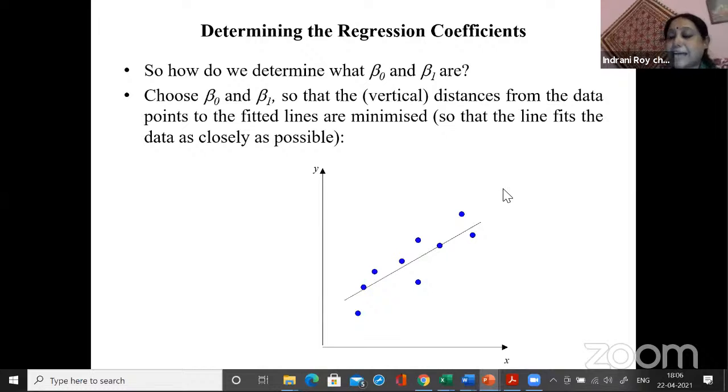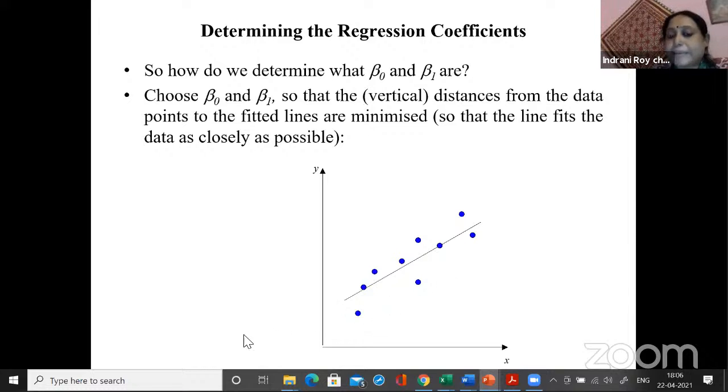That means yi hat is equal to beta naught hat plus beta 1 hat xi. Right? Now this beta naught is the intercept. If you put xi is equal to 0, then yi is equal to beta naught. So this beta naught is just like the c in y is equal to mx plus c. So this is the intercept term. It says that if your x is equal to 0, the value of the y, just extend it, this is the value of the y when your x value is equal to 0.